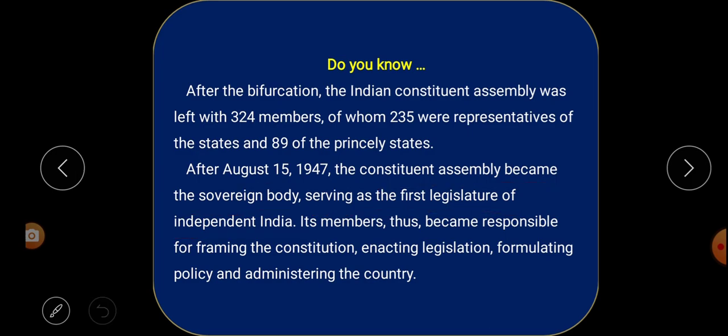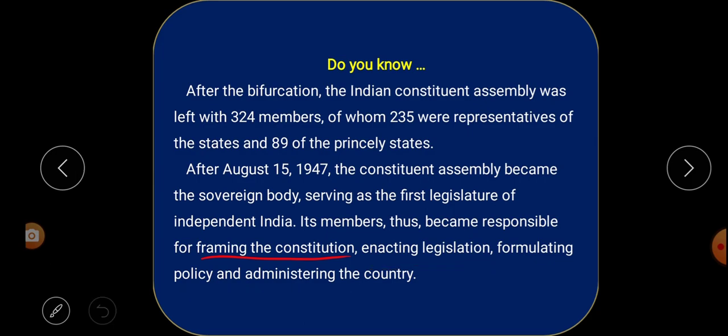Next, its members thus became responsible for framing the constitution, enacting legislation, formulating policies and administrating the government. That's why the members, which members? This Constituent Assembly's members became responsible for framing the constitution, enacting legislation, formulating policy and administrating the